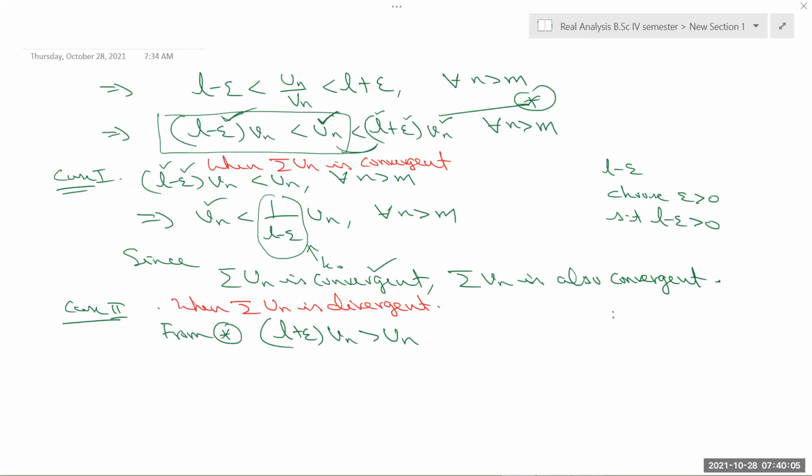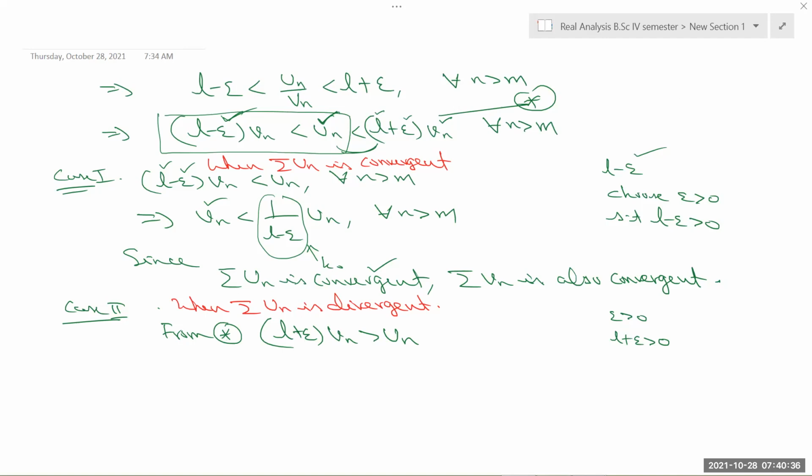Now see, epsilon is greater than 0. So yes, this inequality will be maintained here because L is greater than 0, epsilon is greater than 0, so there is no problem. L plus epsilon will be strictly greater than 0. And here we have used the condition that since it is true for every epsilon, choose epsilon such that L minus epsilon is greater than 0. So inequality will be maintained. And again, you can use the first form of comparison test, which I have discussed earlier.